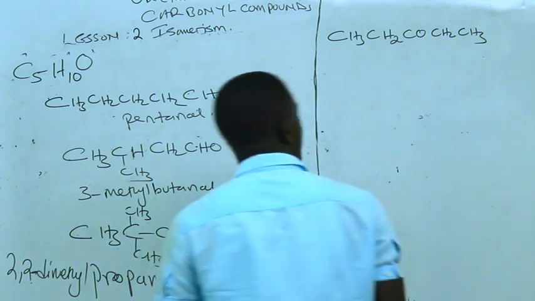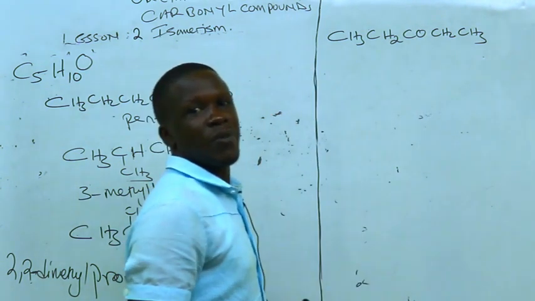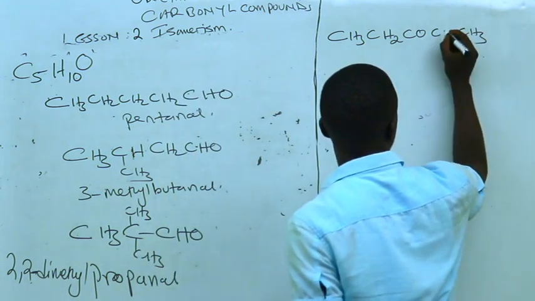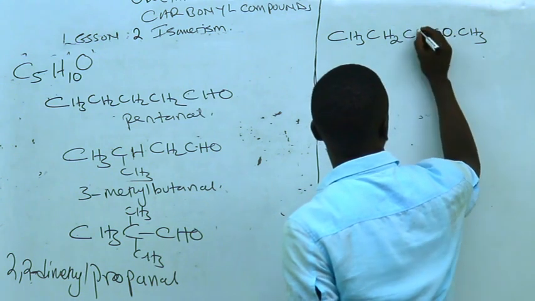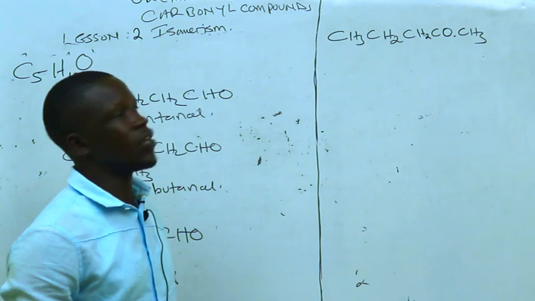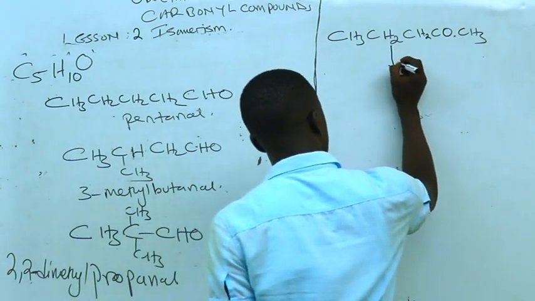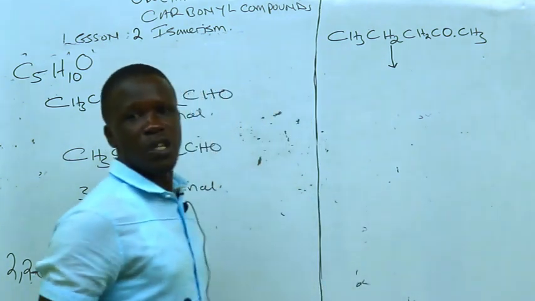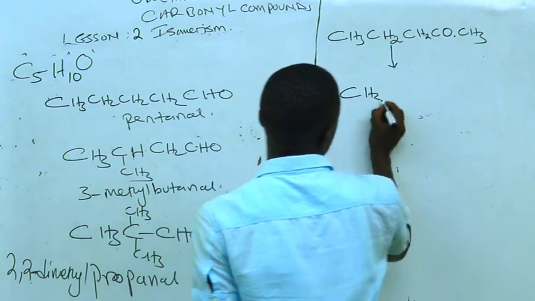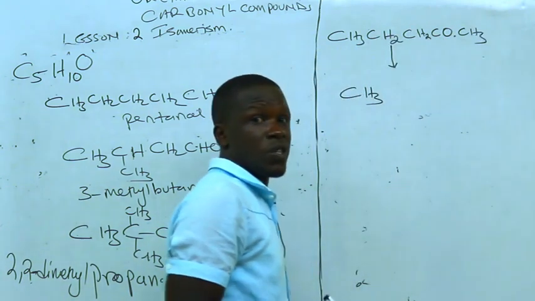We can create structure isomers that involve ketones. If, for example, I put the ketone here and have CH2 here, that is a ketone. And if this is a ketone, then we can create a structure isomer of that ketone and have, instead of 1, 2, 3, 4 carbon atoms or 5 carbon atoms in a straight chain,